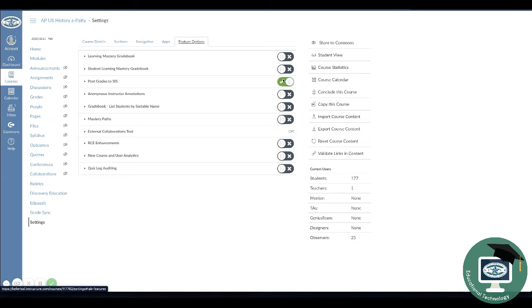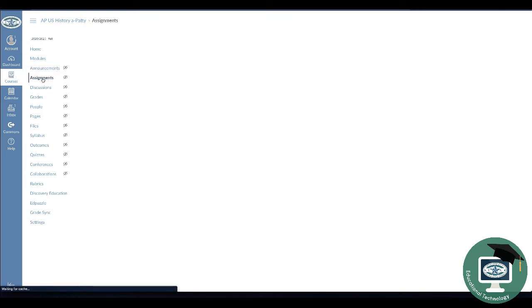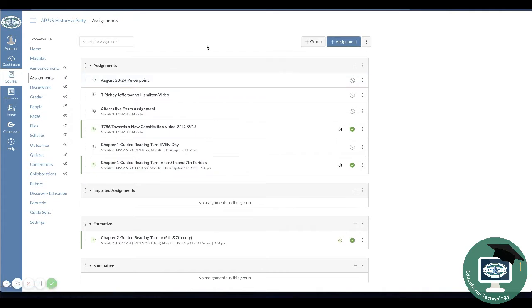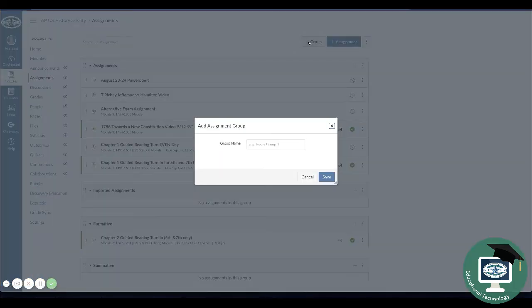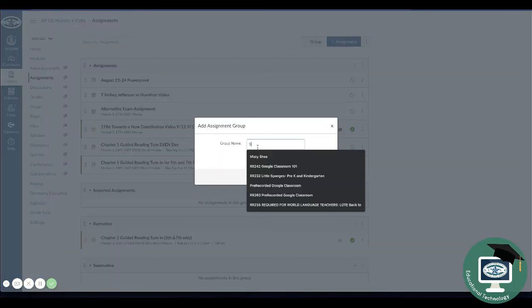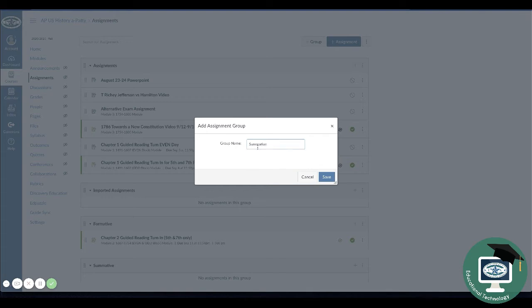You see how there's a green check mark here? So that makes sure it's on. Now we are going to go to Assignments. So over here on your left navigation, we're going to click on Assignments. So in order for Aeries to talk to Canvas, you are going to have to create grade groups. So in Aeries, they called them categories, and in Canvas, they call them groups. So you're going to click on Group, and you're going to add those groups that you had,